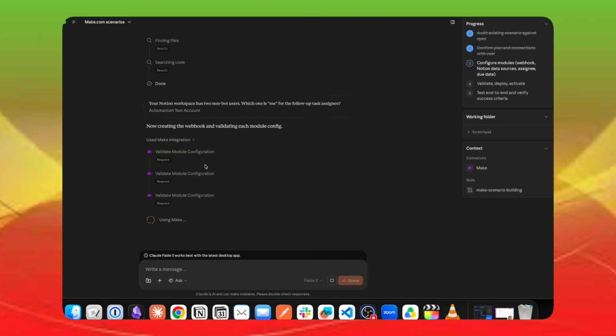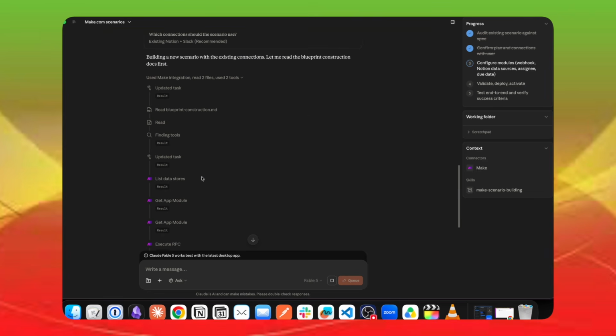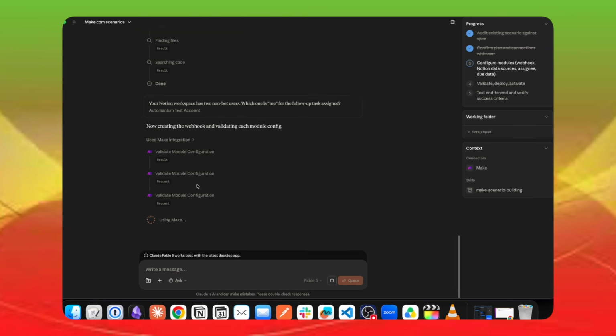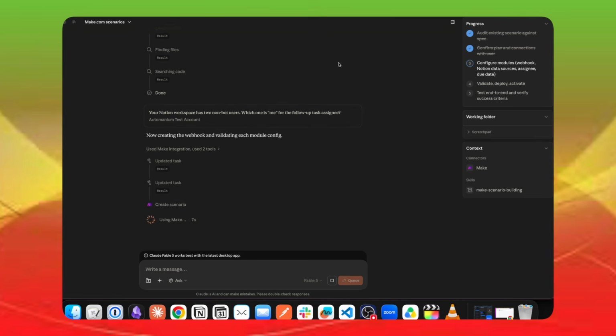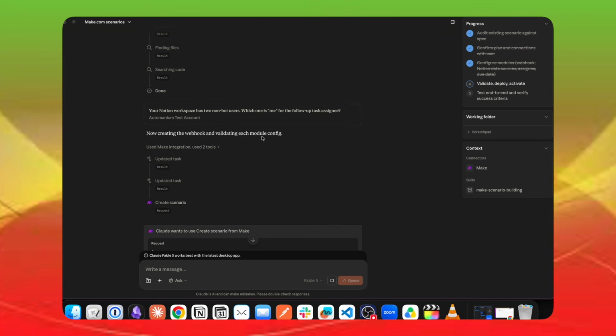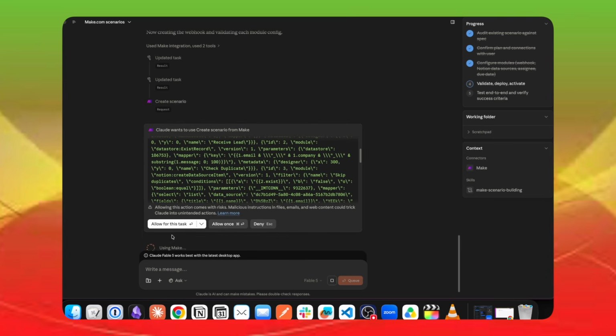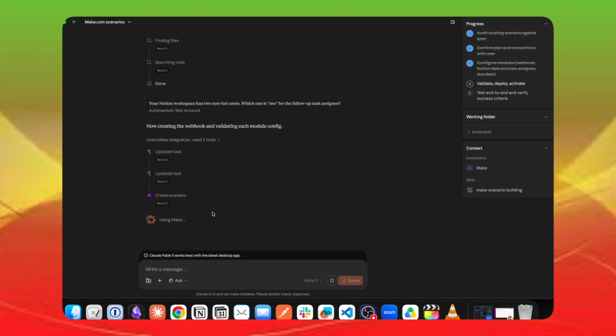So as you can see, this can be quite destructive if you put it into an environment that you're using for actual scenarios and actual tests. That's why even in my Notion, I created a Notion test account for this as well. So as you can see, what you give in terms of context is the most important, because once it starts deploying and doing its thing, it's going to start creating all these tasks, grabbing all this information,